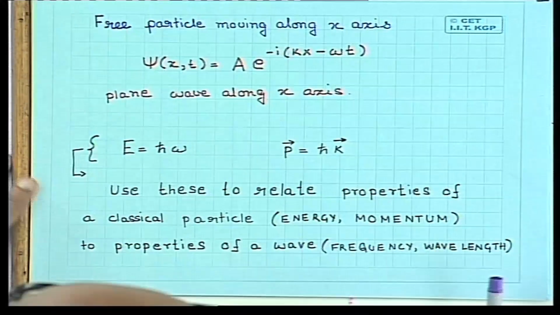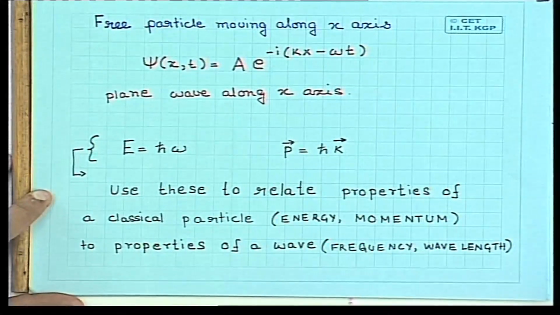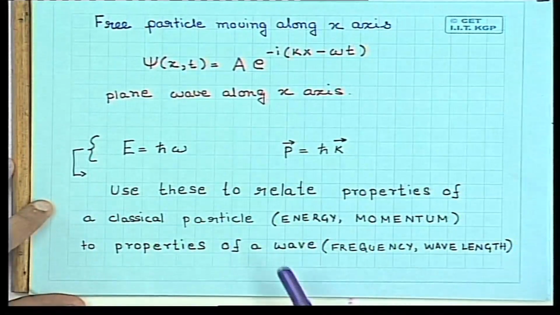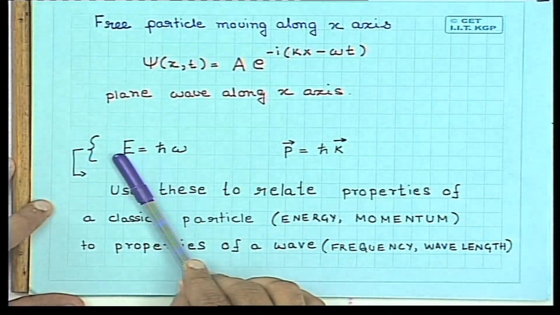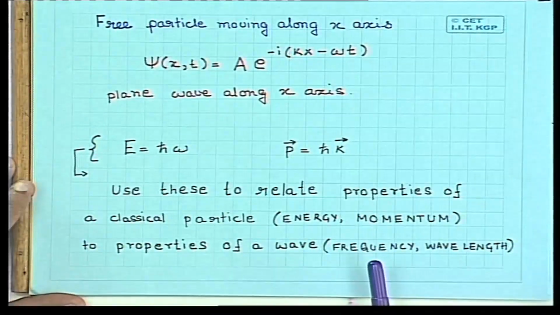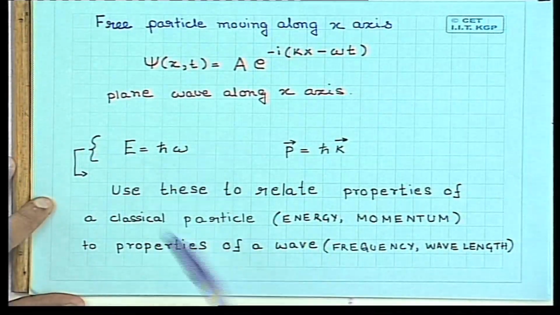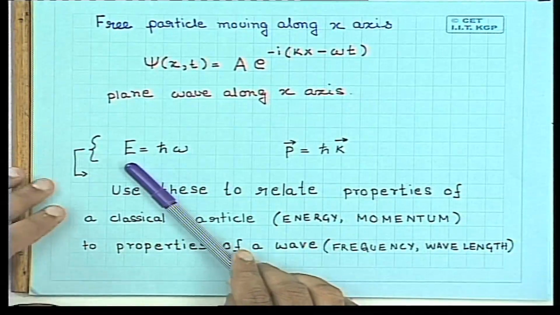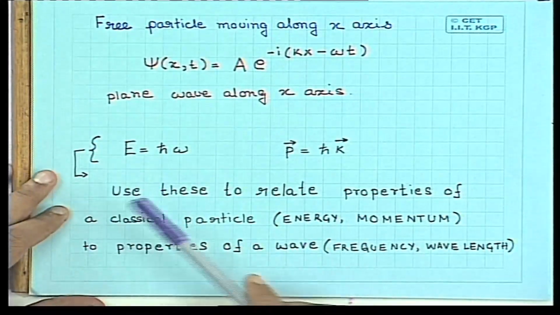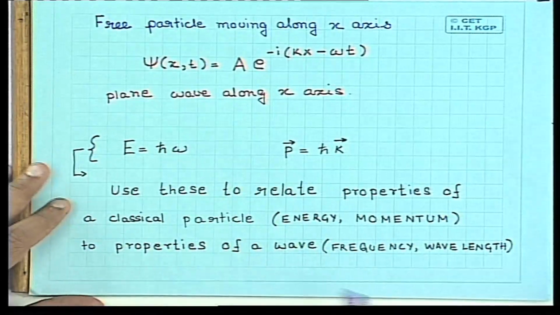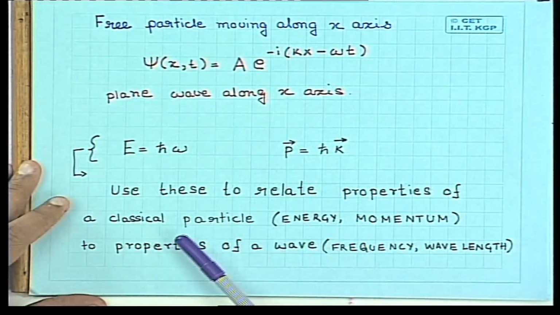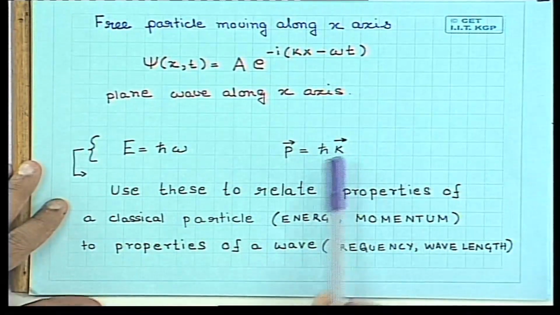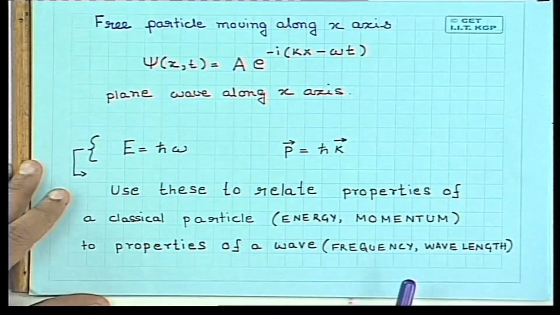Now in earlier lectures, particularly in the photoelectric effect, we had seen that for the electromagnetic wave, you had to describe it as particles with energy E equal to h cross omega. This was what Einstein had proposed in order to explain the photoelectric effect, that the electromagnetic wave actually arrives as packets or photons, each with energy E equal to h cross omega. In addition, to explain the Compton effect, we had to attribute a momentum p equal to h cross k, where k is the wave vector, to each of these particles.